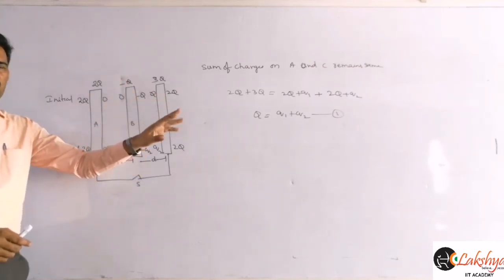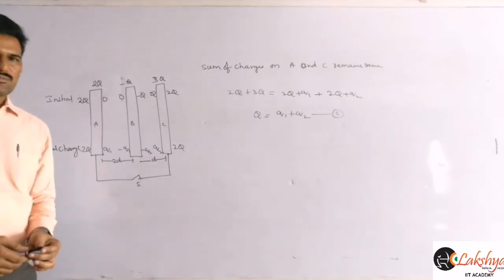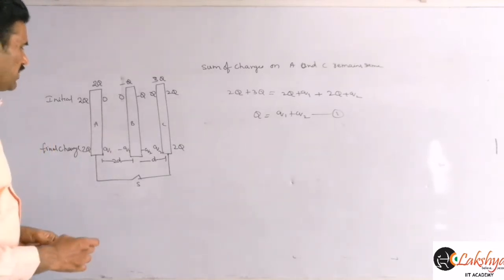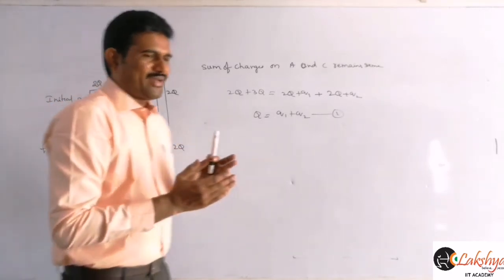So the minus sign will be cancelled. So q1 plus q2 is equal to q. That is one relation we can write here. And next, whenever such connections are there, we need to write the potential